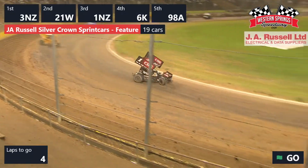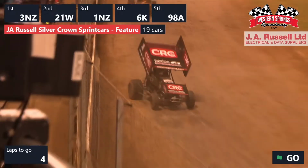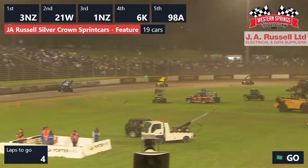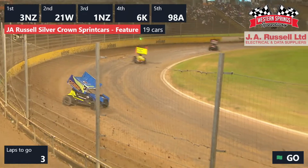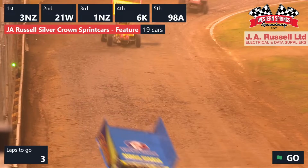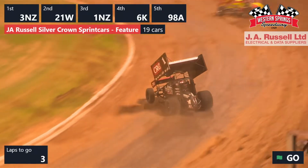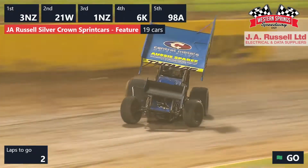What an interesting thing to watch between the two distinct styles of smoothness of Michael and Mr. Angry just getting after it and trying to will it its way. What a great racetrack. I think Stephen Taylor's getting a bit loose. He's probably got the wing too far back, and he's got to make two turns. But Daniel Thomas has got a great race car, doing a great job hitting his marks. I think he's got this one. He's driving super smooth, and that's the man in the 3NZ Kobe Mufflers machine with only 2 laps to run